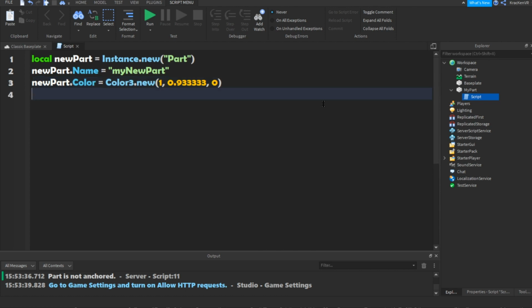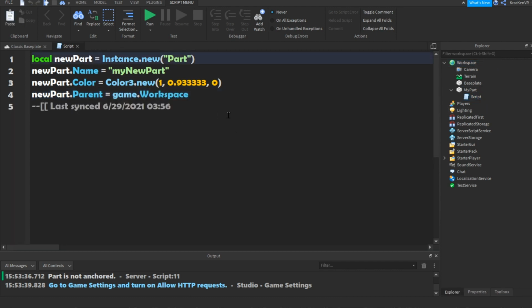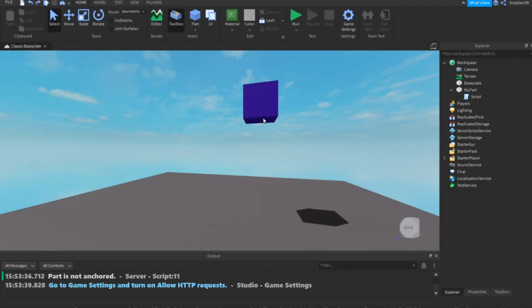And we will also say what's the parent of this part. Well, we want it to be in our workspace, so game.workspace. So the parent of the workspace, we can't see it, but it's actually the game. Okay? So if we close the script,